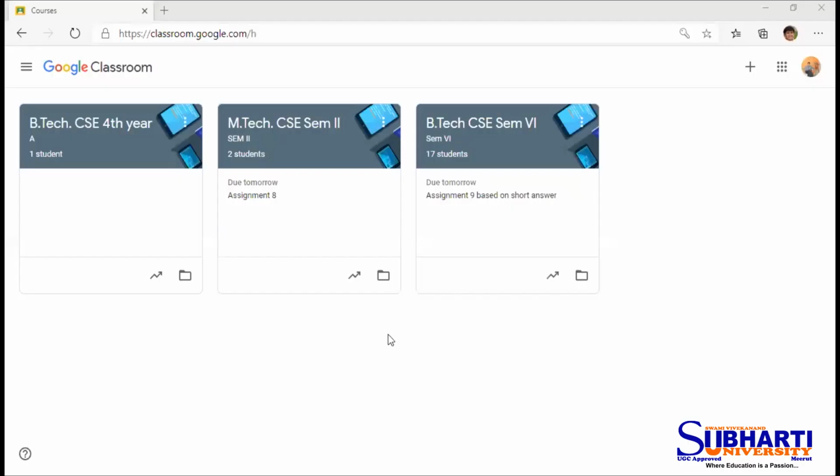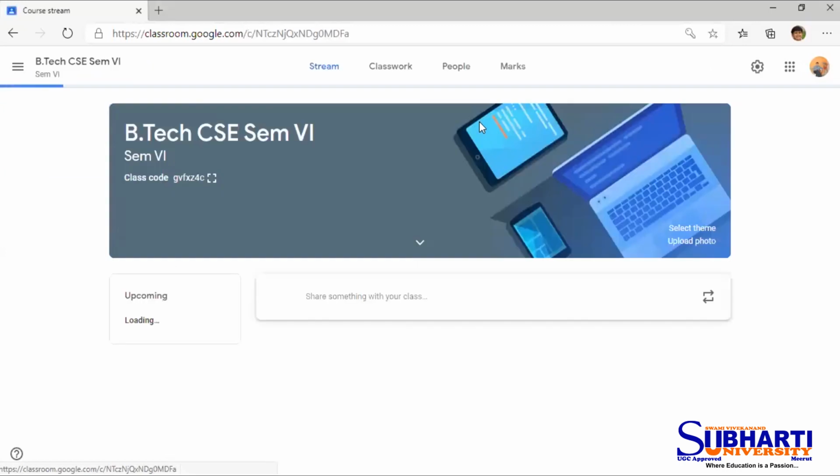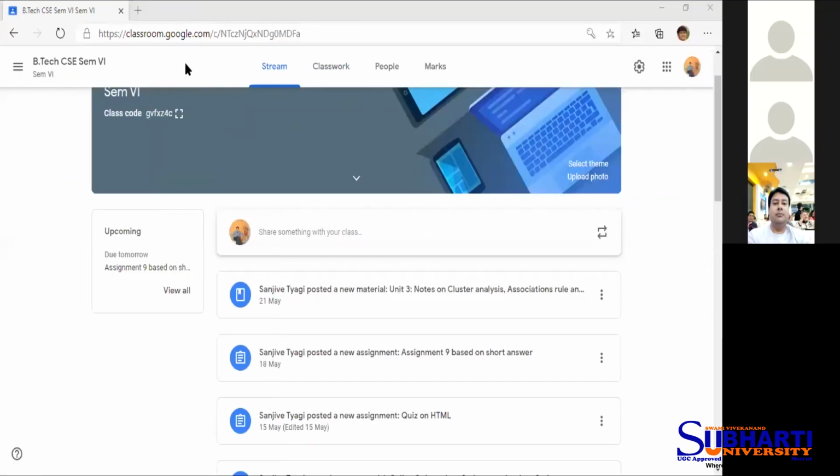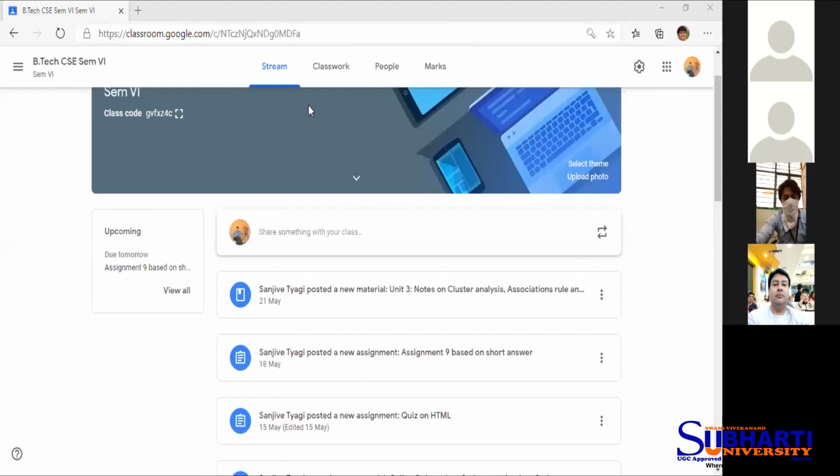See, I'm opening here one of the sample classes which I have created. This is my sample class in which so many students are already connected. In this, there are options like stream, classwork, people, marks, and how many assignments I have already given.